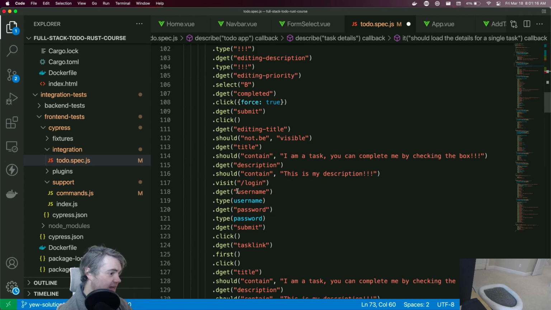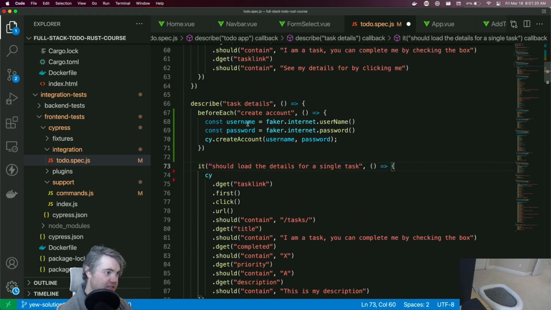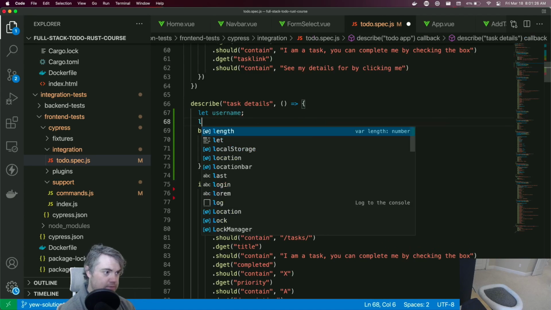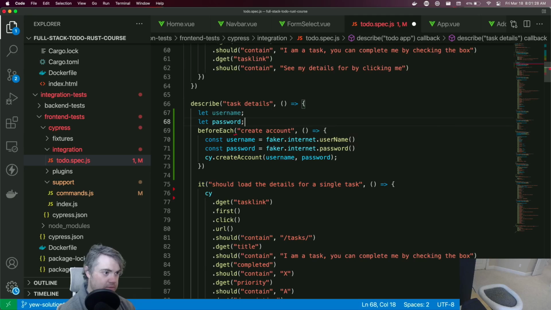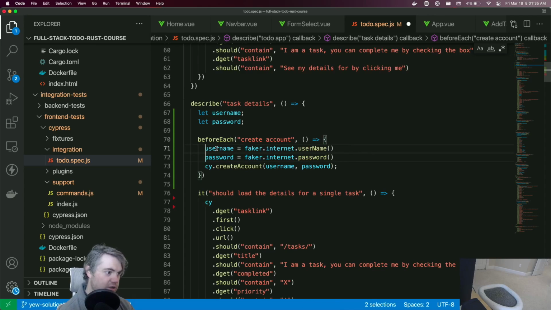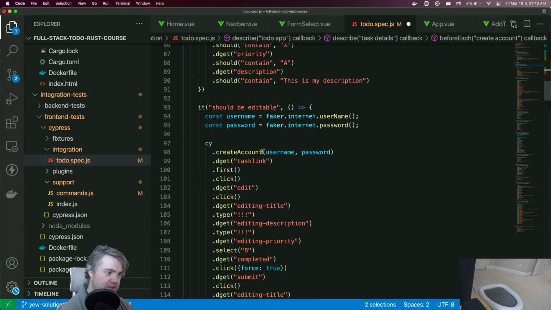This one, I need to go back into a login in the middle of the test. So I need access to the username and password. So we're going to assign them here, create the account. Now the username and password exists here. So down here,